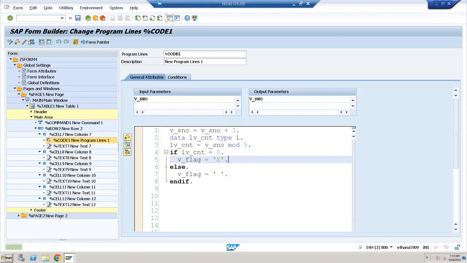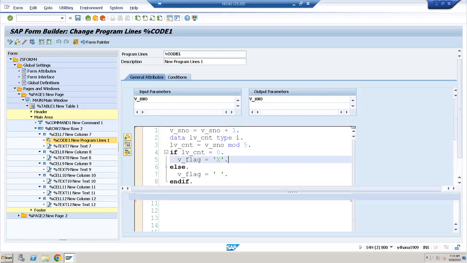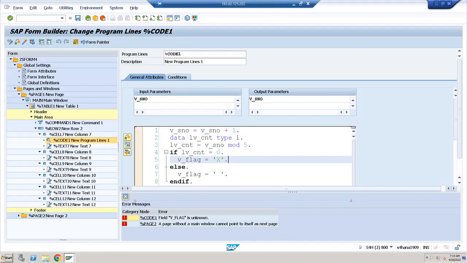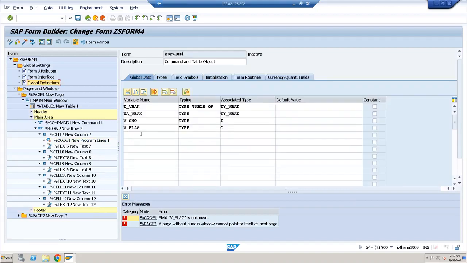So save it. Check for syntax errors. What is that? V underscore flag is unknown, right? In the global definitions, I declared it now. Might be I need to activate this, then you get it. So v underscore flag type C. Okay. So what I'll do,